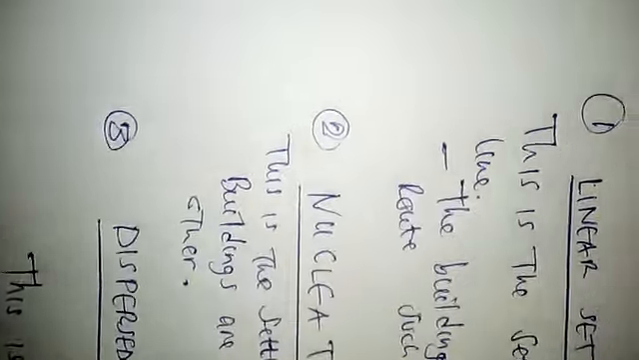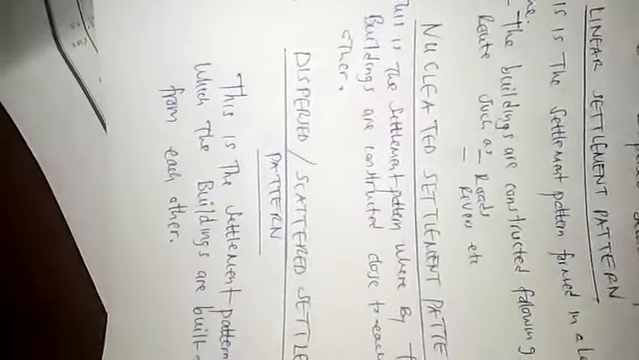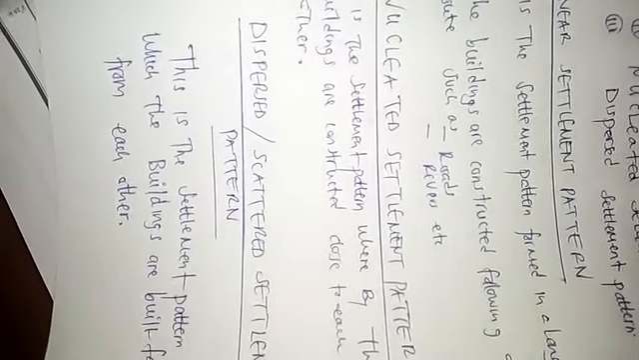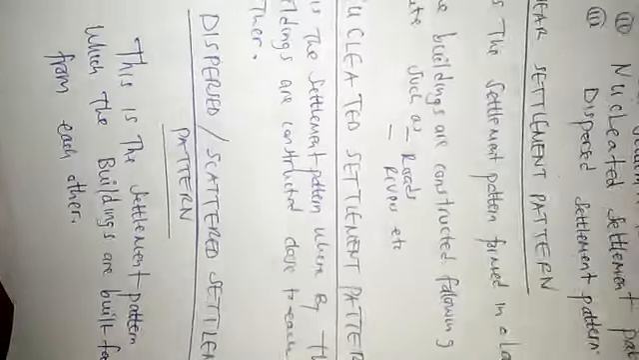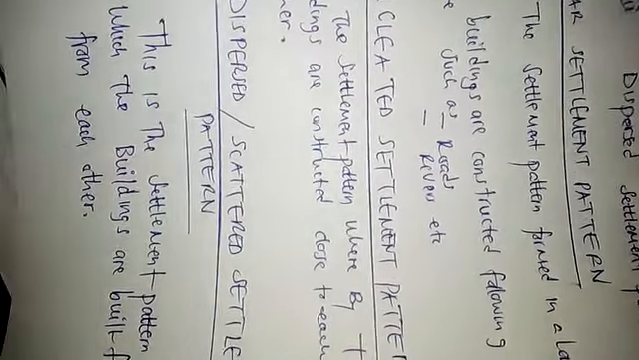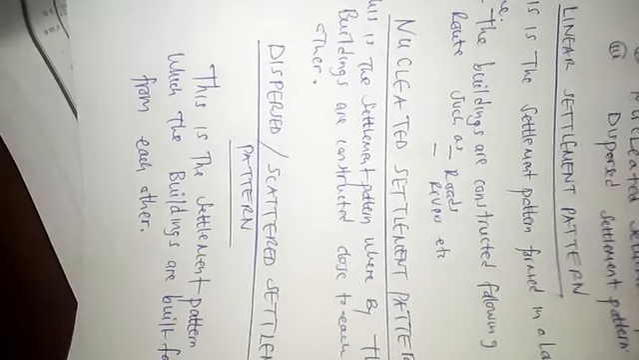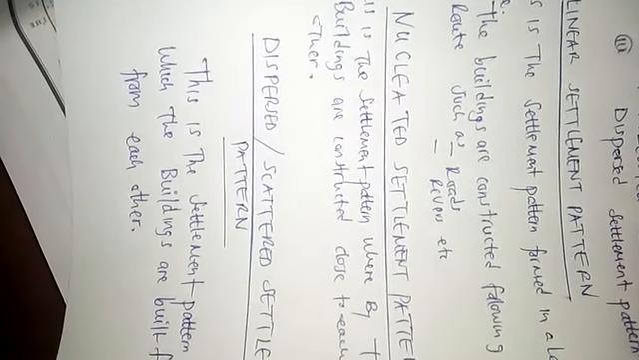Another type is a nuclear settlement pattern. This is type number two. A nuclear or nucleated settlement pattern is a settlement pattern in which the buildings are constructed close to each other. You can see the buildings are close to each other, and normally this is seen in